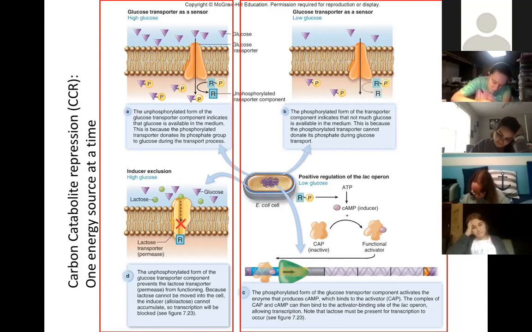So a couple of things that I want you to note and try to draw together here. Now that this transporter component is phosphorylated, it's no longer able to block this lactose transporter. So as you're converting ATP into cyclic AMP, lactose is starting to come into the cell. And so now you are starting to make the enzymes needed to utilize lactose as an energy source. So here, this point right here, we're entering another lag phase as we get enough of these enzymes available to properly utilize the lactose that's present.